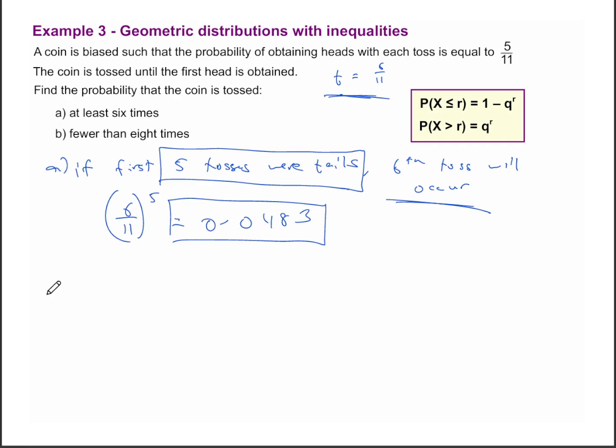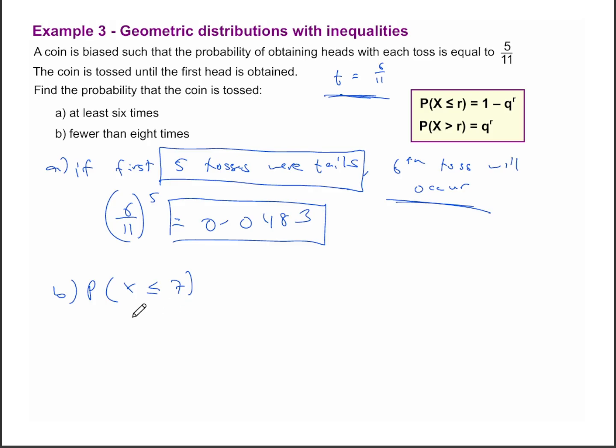That's for part A. For part B, we're told to find the probability that the coin is tossed fewer than 8 times, which means we want the probability that the success happens in the first 7 tries. Why 7? Which is the probability that the success, which is getting the head, happens in the first 7 tries. Why in the first 7 tries? Because